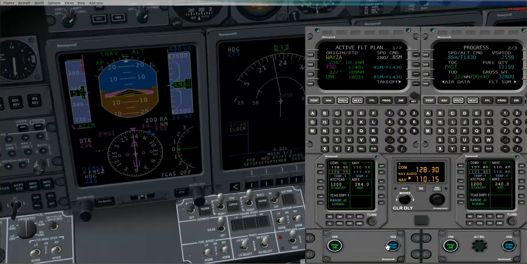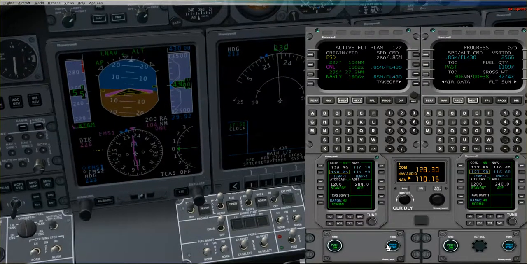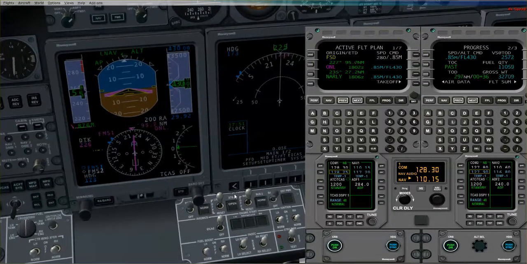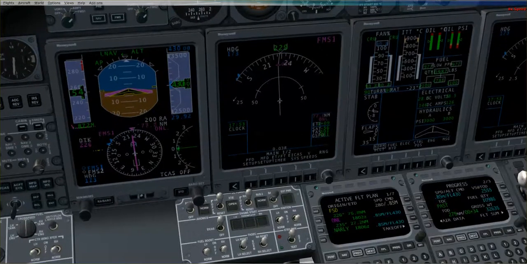The other thing I want to do is set the heading for approach at 173 degrees. Right now you can see over here we're 239. I want to set our heading at 173 for the approach into runway 17 left. So 173 degrees, localizer 110.15. Now that we've got that set, go back up here,